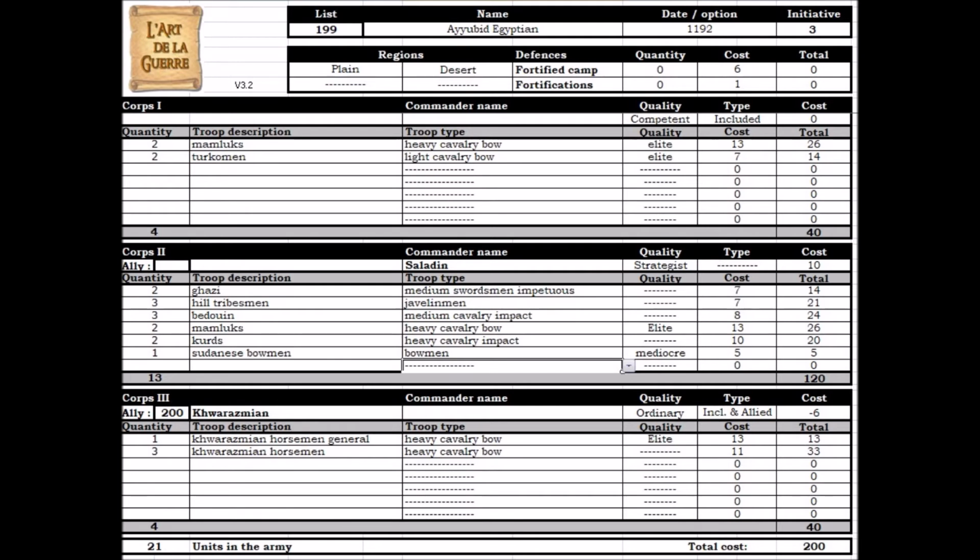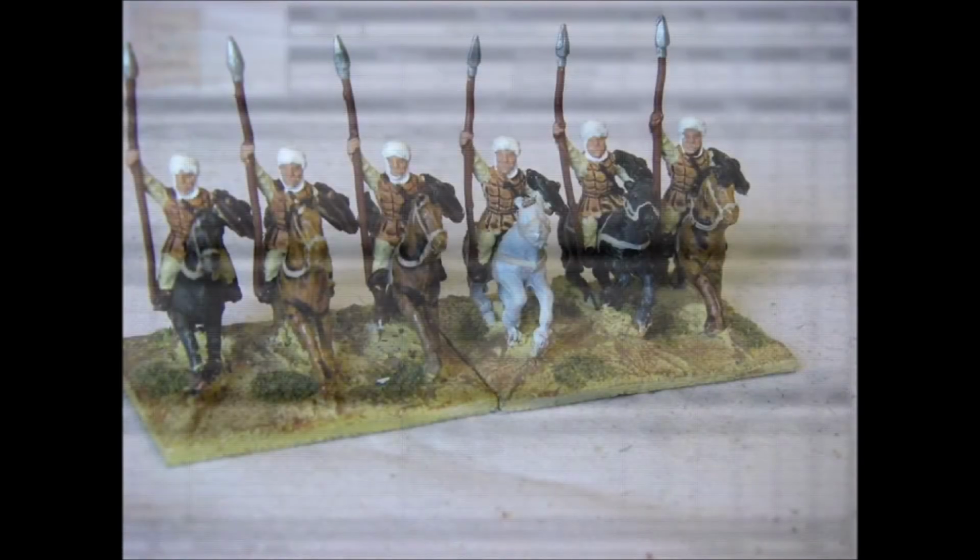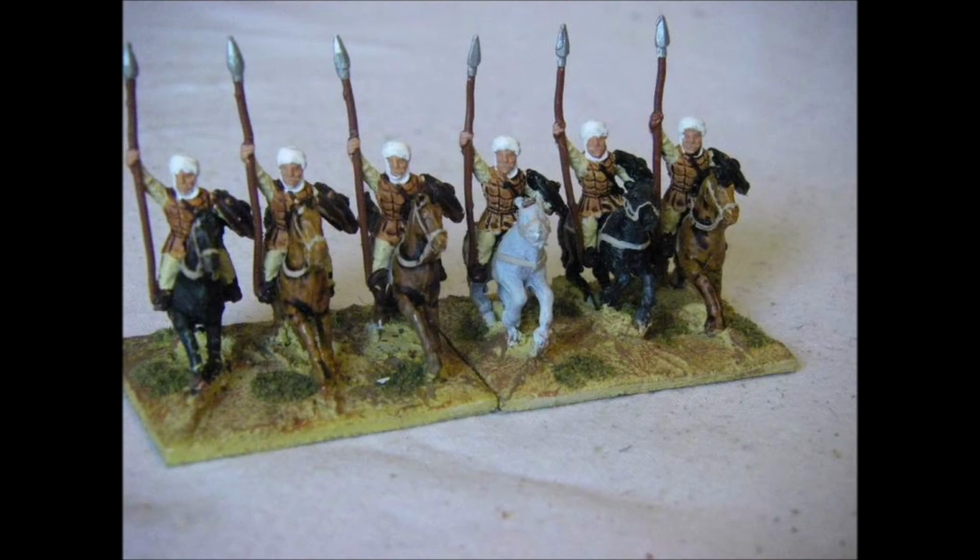Yeah, because all these commands work together, don't they? Because you've got that third command, which is a Khwarezmian ally of 4 heavy cavalry bow. One of them's elite with an embedded general, and that's actually quite unusual, isn't it, to see a mounted command with no light horse. So because it's all heavy cavalry, it can join up very neatly with the heavy cavalry in the center command, or the 2 heavy cavalry in the first command, and as you say, you get 8 shooters and then 5 impact cavalry as well, which is a pretty decent width,